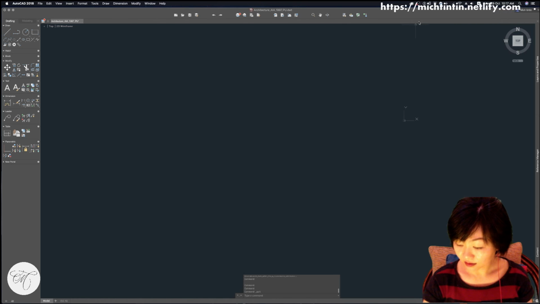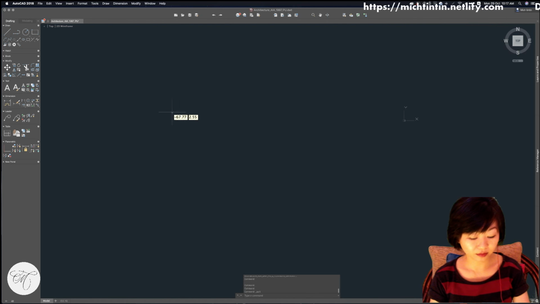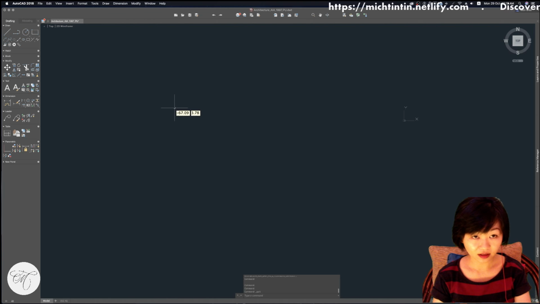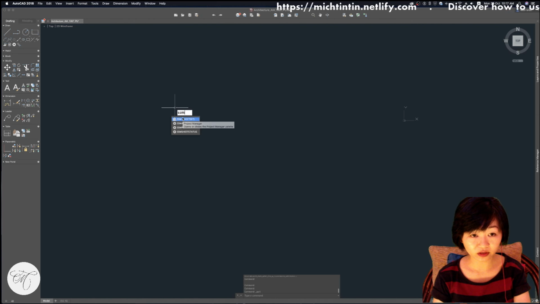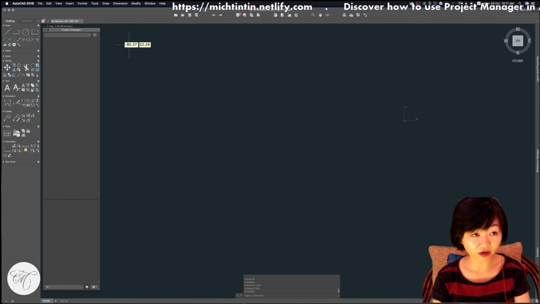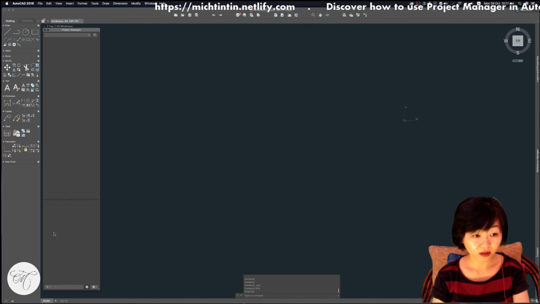Okay, let's get started. The shortcut for Project Manager is SSM, because on Windows it's called Sheet Set Manager, but on Mac, AutoCAD for Mac, it's called Project Manager. I think it's a much more appropriate name for it. Then